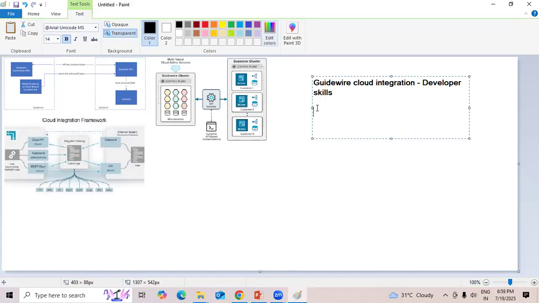Many people, I could see, are well experienced from the configuration point of view. Those people will have a good amount of knowledge in configuration. But when it comes to the integration part, they may not have a proper understanding. Right. So, as far as developer skills are concerned, especially in the Guidewire cloud integration environment,